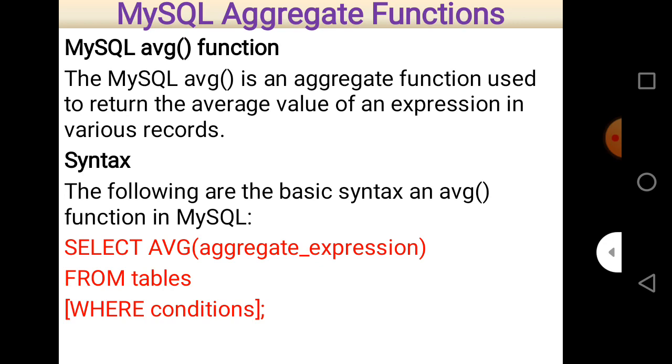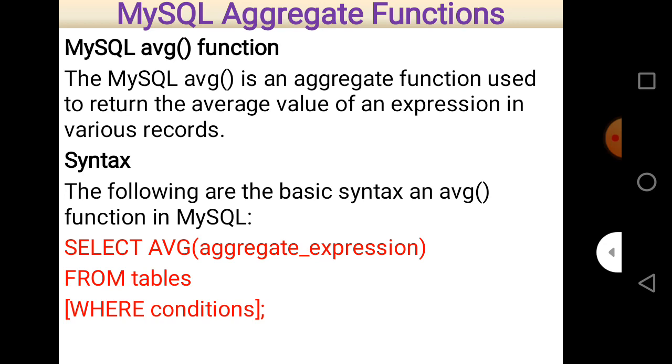MySQL average function. The MySQL average is an aggregate function used to return the average value of an expression in various records. So there are different expressions present in various records, and the average function is used to find the average of those values. The syntax is very simple. It is always used with a select statement.